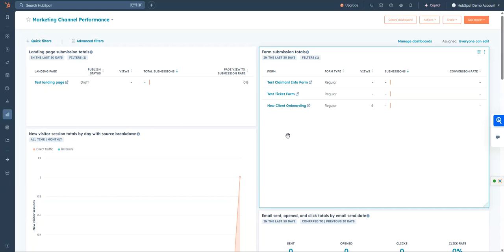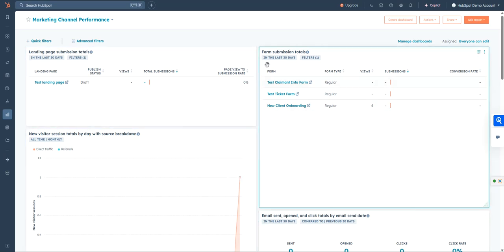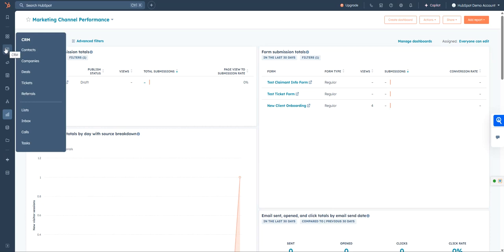We are going to review the layout of a record in HubSpot. So as always, wanting to start off on our home page that we have set to dashboards, but to go to a record in HubSpot, we can go to either our contacts, companies, deals, tickets, referrals. Any object in HubSpot has the same layout to make it easy to find information no matter which object you're looking at. So if we go to our contacts,